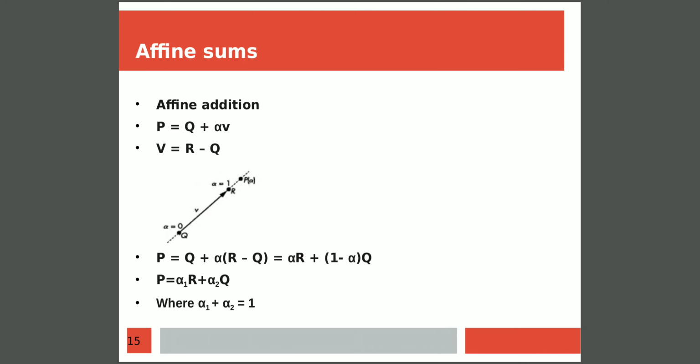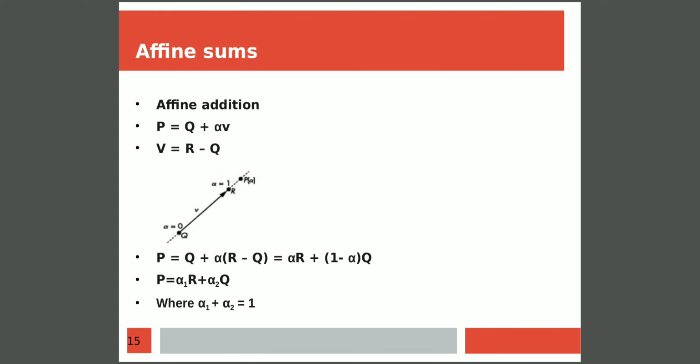Why we have written such a relation for p is, starting from q, if you give a new value for alpha which is greater than 0 on a vector v, then we are going to get a new point p. That is why the relation written for p is p equals q plus alpha v. Then what is affine addition? In an affine addition, we consider three objects: a scalar, a point and a vector. Starting from a point, if we give a positive value for alpha in the direction of vector v, we are going to get a new point. When we get a new point, that is known as affine addition.